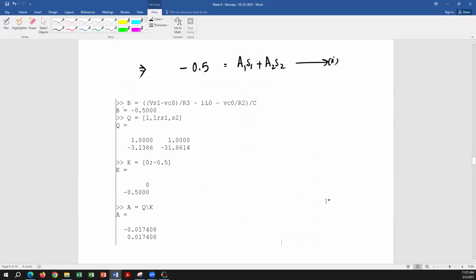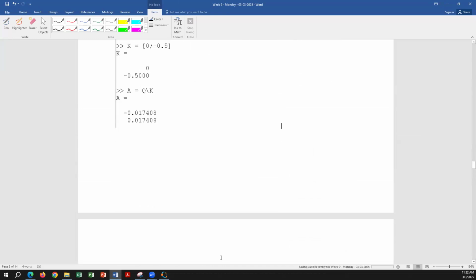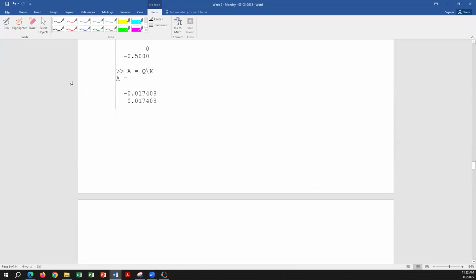Okay. So I got A1 negative 0.7408 and A2 is positive 0.7408. Okay, good. So my VC(t) is 0.0174. I'm going to write down S2 first because S2 is positive. So S2 is